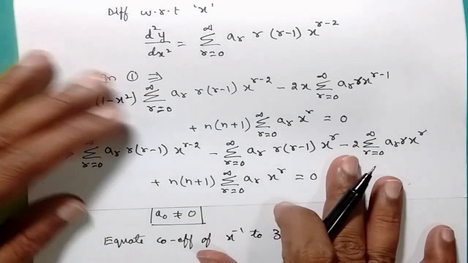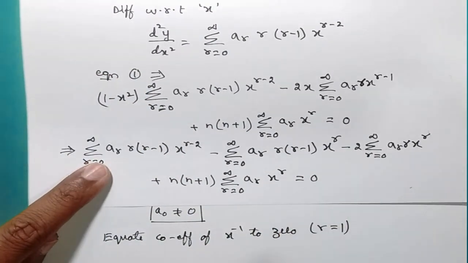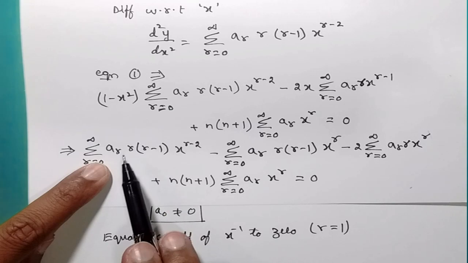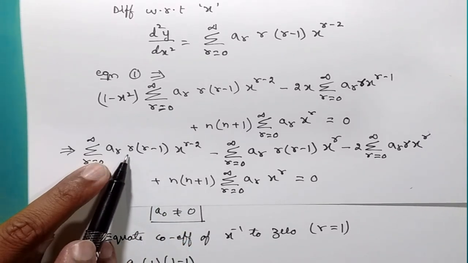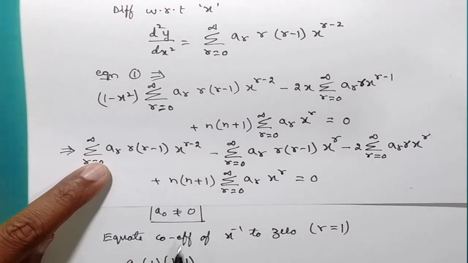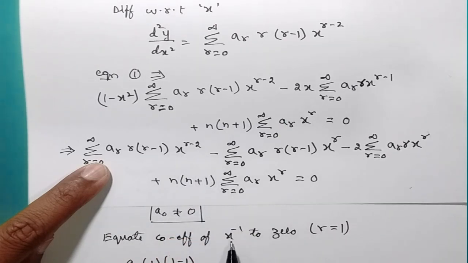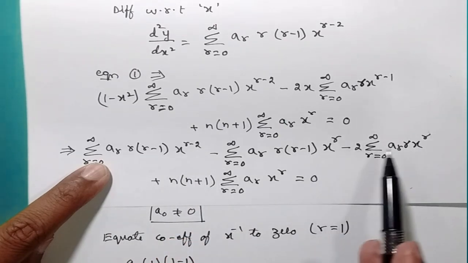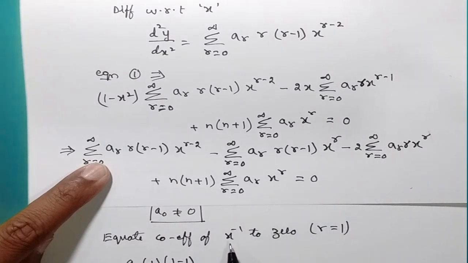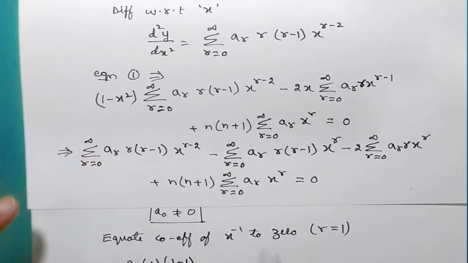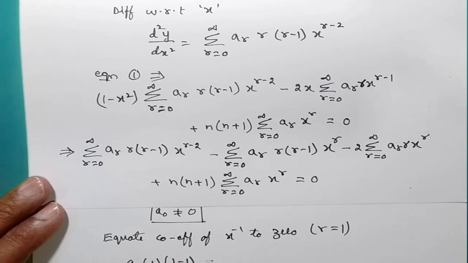So go back to that equation. So here you have r as 1, so a1 1 minus of 1, right? R is 1, so this is also 1 minus 1 will be 0. X power of r is 1 minus of 2 will become minus of 1, x power of minus 1. Whereas the second, third and fourth term does not contain x power of minus of 1, so we are not going to take that one. So we equate that to 0.